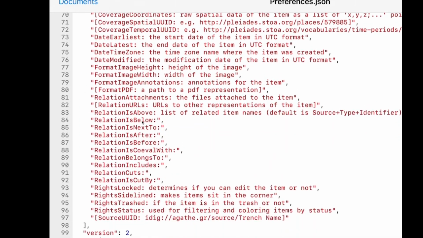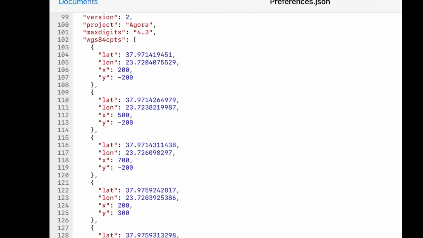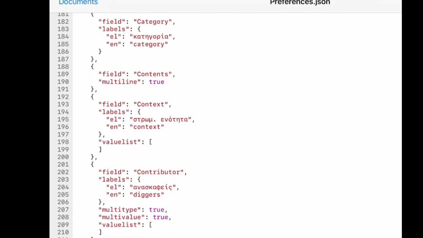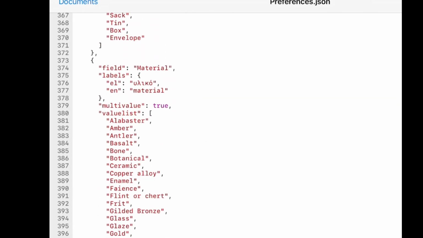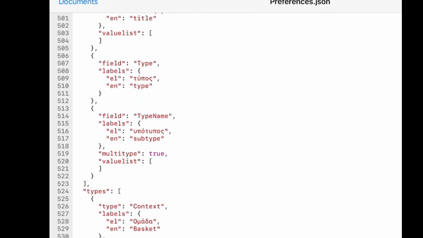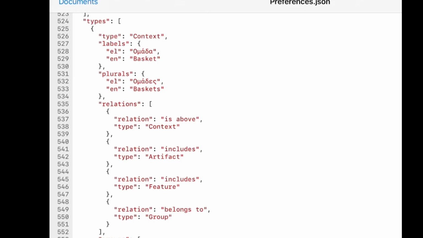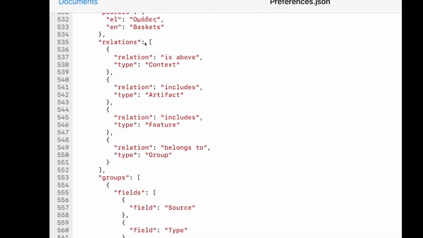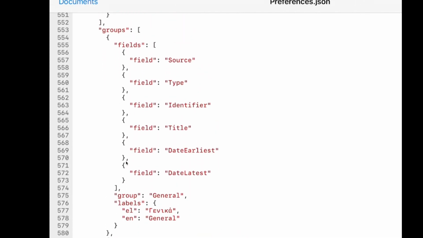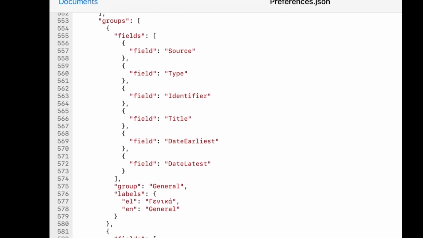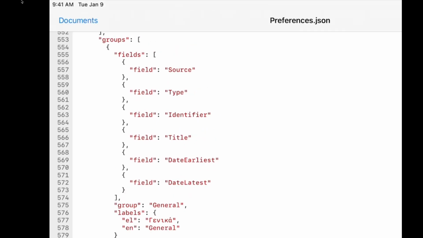So if we go through here a little bit, let's look and see how this works. So we've got the max digits. Let's go to context. Let's start with context. Here's types, context. All right, so we have the labels section, which is defining the labels for that type. We have the relationship section, which is defining what relationships you can add to this type. And then it starts with the group section. Okay, so the group section is essentially,